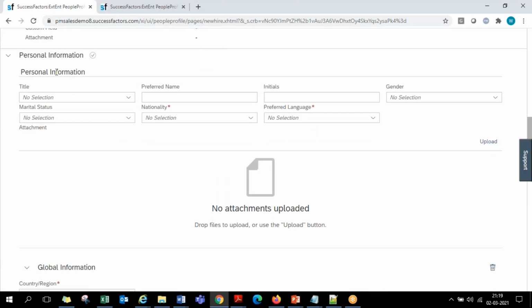And then under personal information, these are the details where you can fill in the employee's gender, marital status, nationality, all these. I'm just filling a few fields, not all.